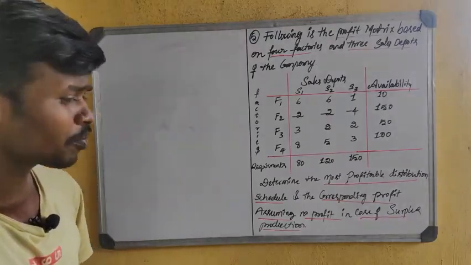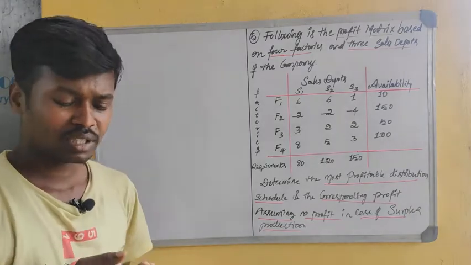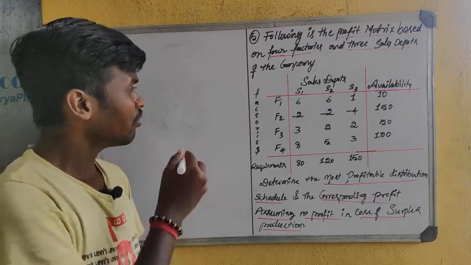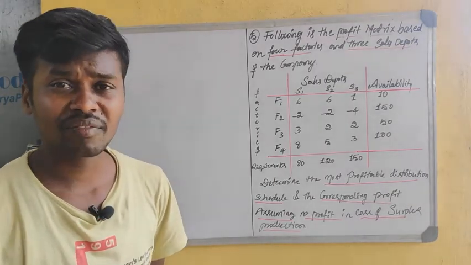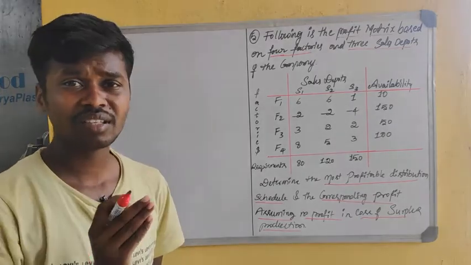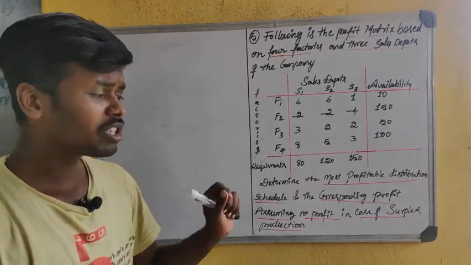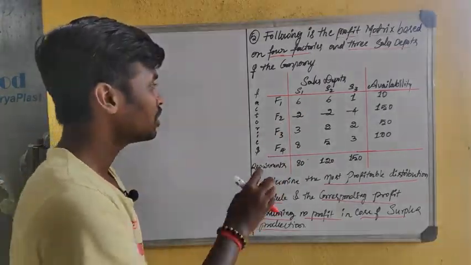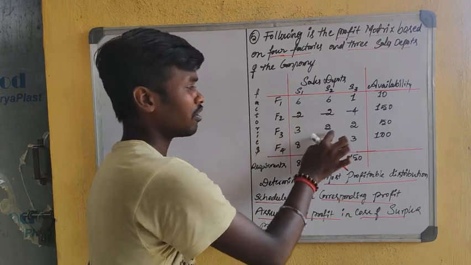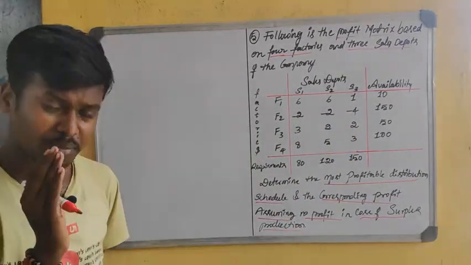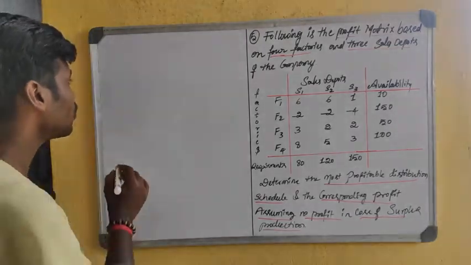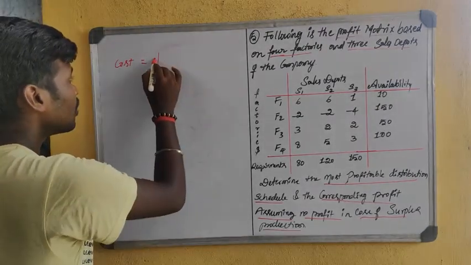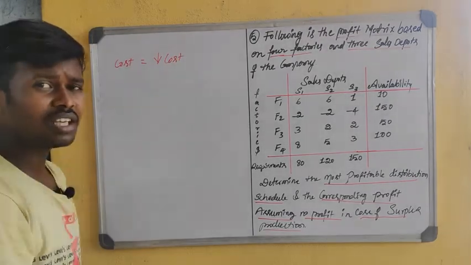In previous problems, under the least cost entry method and the northwest corner method, we satisfied the demand and supply based on the cost information. I already told you the major objective of this linear programming technique. If they have given the cost related information, then definitely the objective is to minimize the cost of the organization.